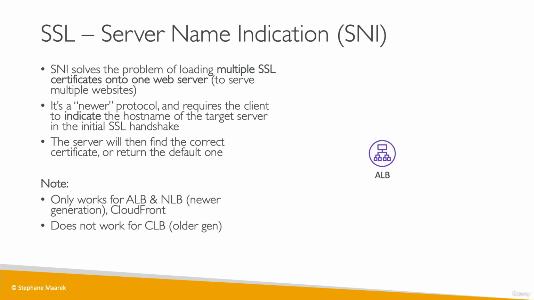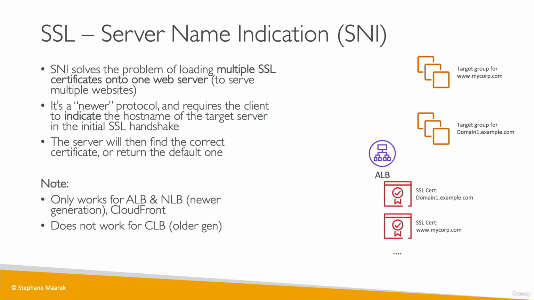Very important to know. So we have our ALB, and it needs to be connected to two target groups, which are connected to different host names. The first one is www.microbe.com, and the second one is domain1.example.com. So we're going to load two SSL certificates onto our ALB, but it could be more. And so one SSL certificate will correspond to the first target group, and the other one to the second target